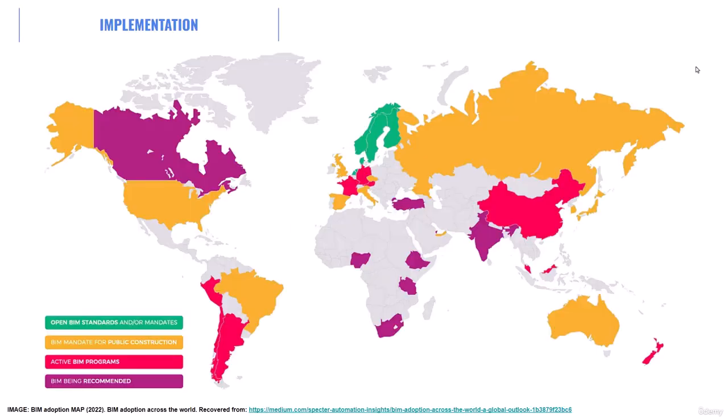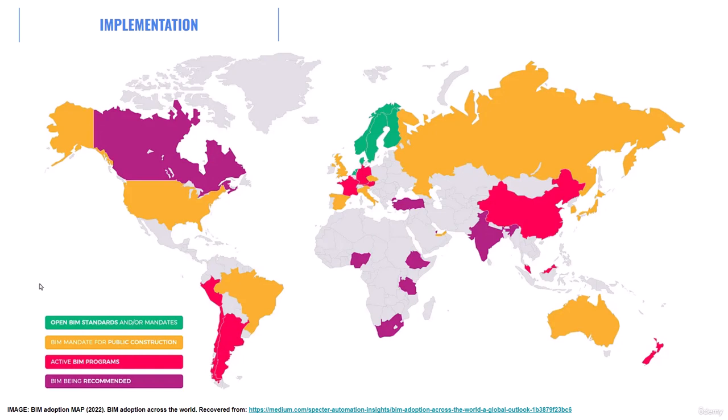So moving on with the implementation, let's start by commenting that BIM throughout the years was a little bit optional in the beginning because AutoCAD was dominating the market for the architectural, engineering and construction area. But BIM throughout the years has been strictly implemented in some countries, such as for example Norway and Sweden, which integrate this as much as possible. But in many countries, BIM is regulated and it has a mandated use specifically for public construction. So it doesn't depend on whether you want to use BIM or not.